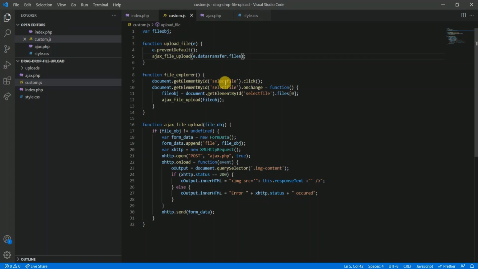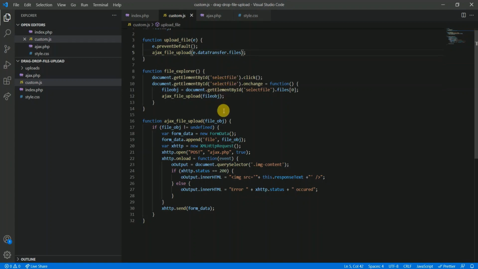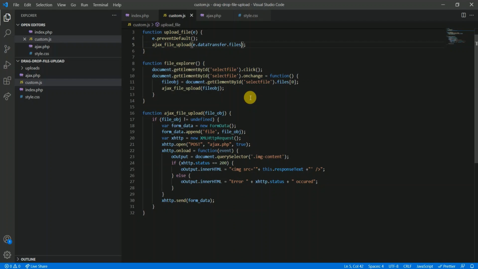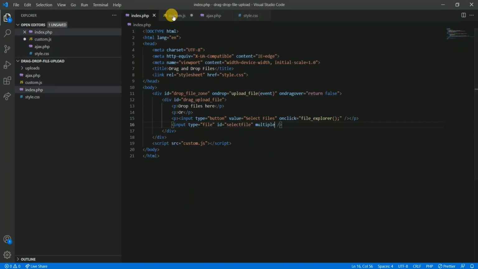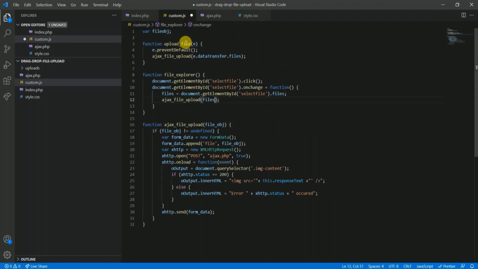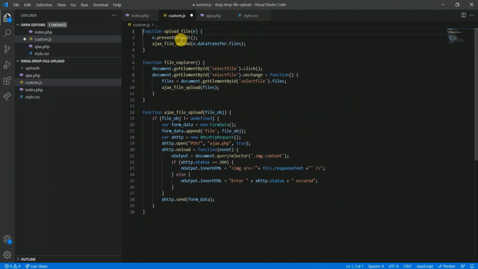Then to the file explorer, here also it will not be the first element, instead it will be files. Actually we don't need this variable as well. Let's remove it. Now it will get all the files.